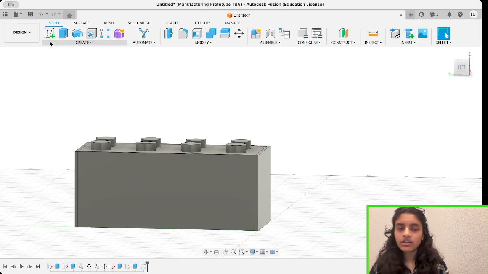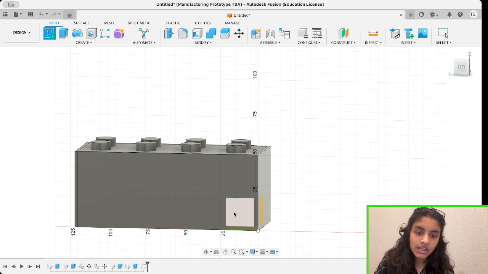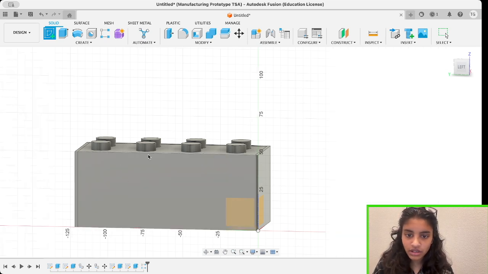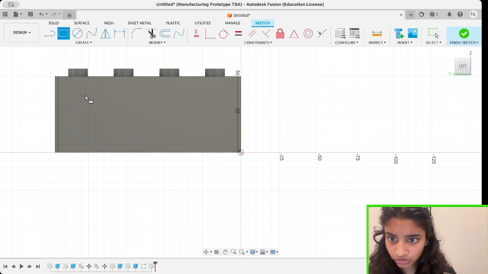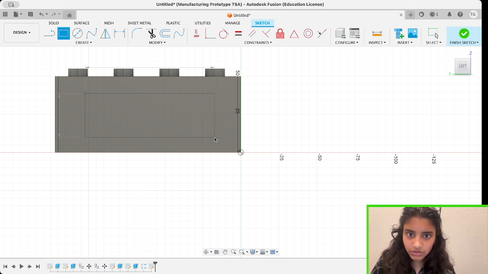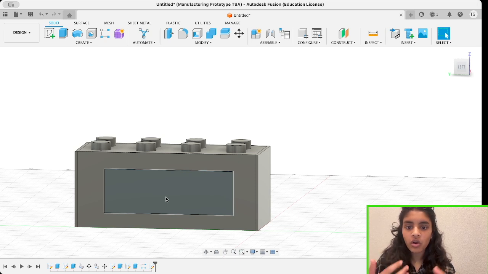So what we would do here, we would again start with creating a sketch. That's kind of how everything starts in Fusion 360. We would choose our axis. So let's say I'm just trying to cut a rectangle out of this axis. And we're going to do the same thing we've always been doing. We're going to cut the kind of profile of the hole we want, so like a pretty big hole here. I'm going to finish my sketch,